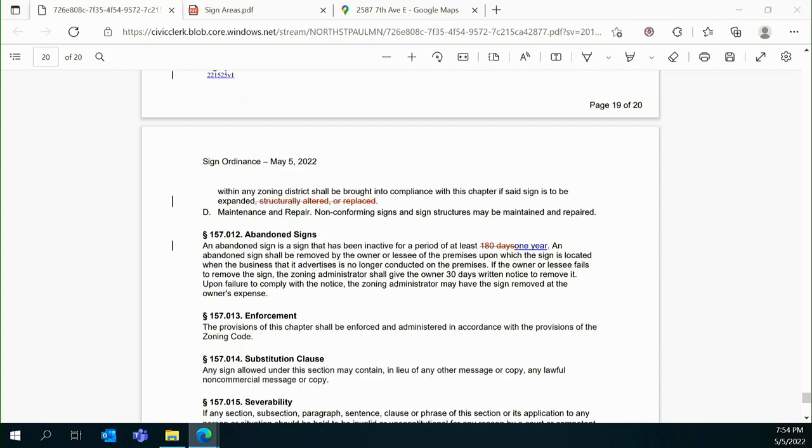Okay, so let me make sure I'm understanding. Just so we have a target end date. Yeah, I mean, a goal. So June will be another revised draft, and in the interim, you'll be looking at it and submit any comments to me. Do you want the July draft to have a resolution, or do you want the June draft to have that resolution? Oh, you mean a resolution for the council? Are you talking about a public hearing, June or July? Because it's not just a resolution, this is a recommendation to council. A recommendation to council in July.